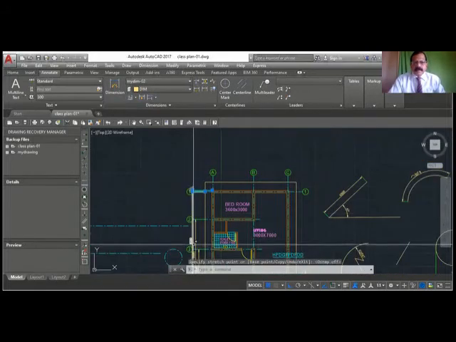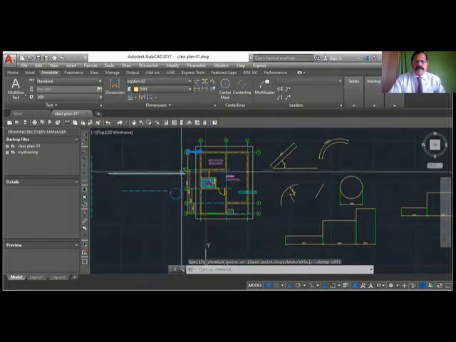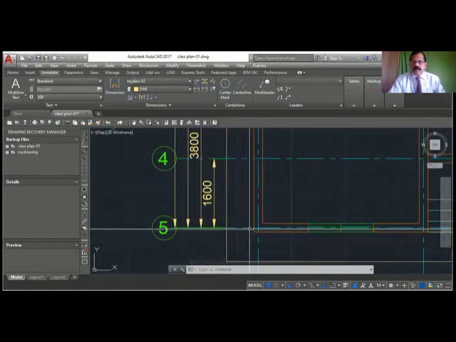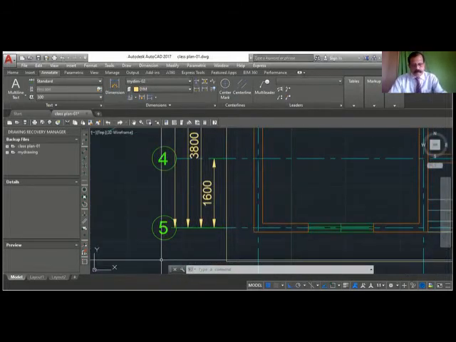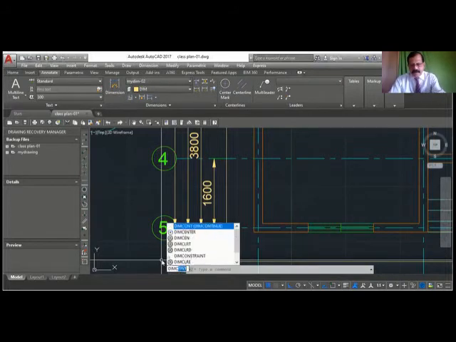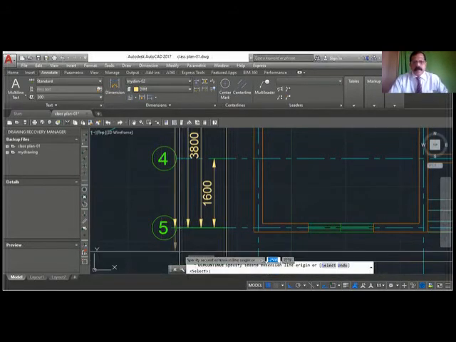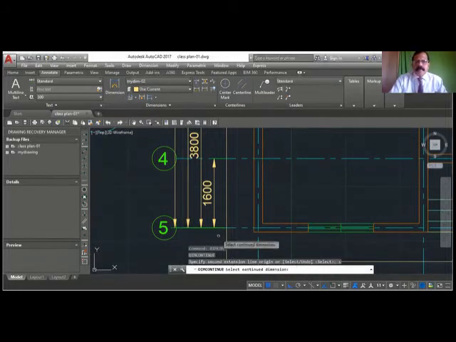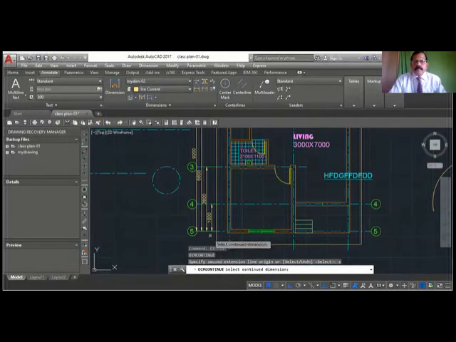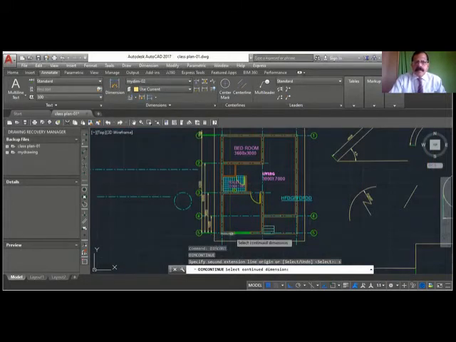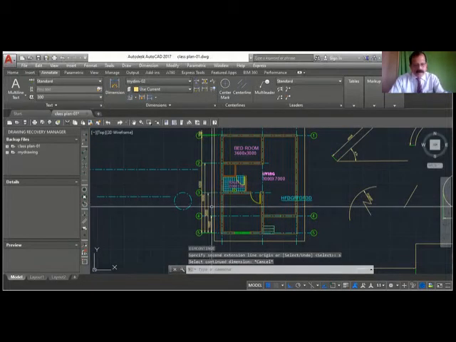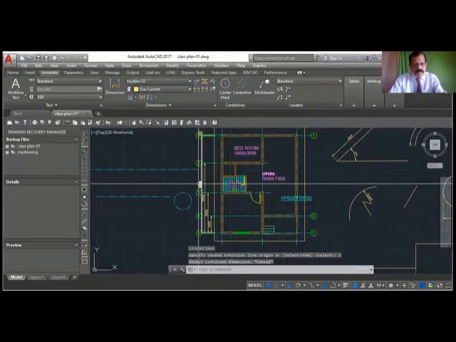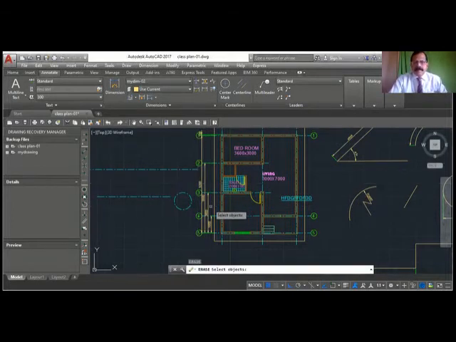Click. See? Suppose I want to do the dimension here also. So I can use a dim continue, select. See, this dimension he has done dim base, not dim continue, because that is the last one.